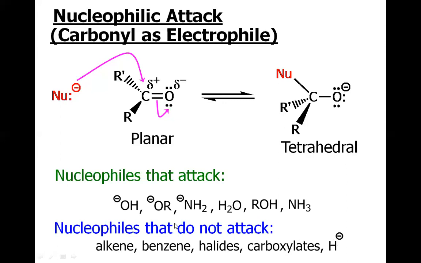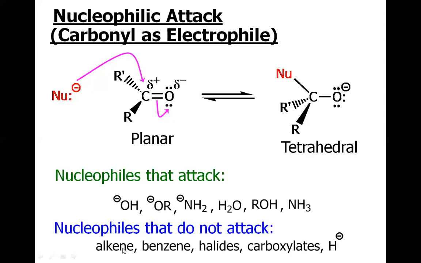So let me discuss the reason why these nucleophiles do not attack the carbonyl. If you consider the nucleophiles that attack the carbonyl, they have the negative charge on them, so they are hard in nature, and also they have atoms of small atomic size. But if you compare the nucleophiles that do not attack, such as benzene, which is a very weak nucleophile, or the halide, where we have iodide or bromide, which are bulkier in size, and for the carboxylate we have the anion, which is involved in resonance and conjugation, so it is not much nucleophilic.